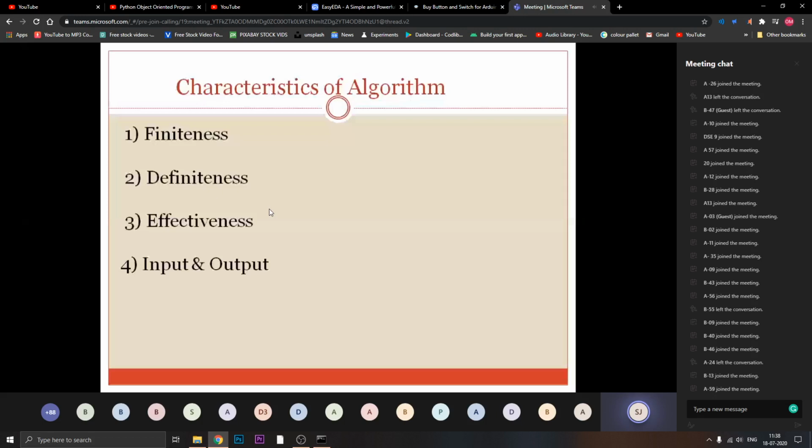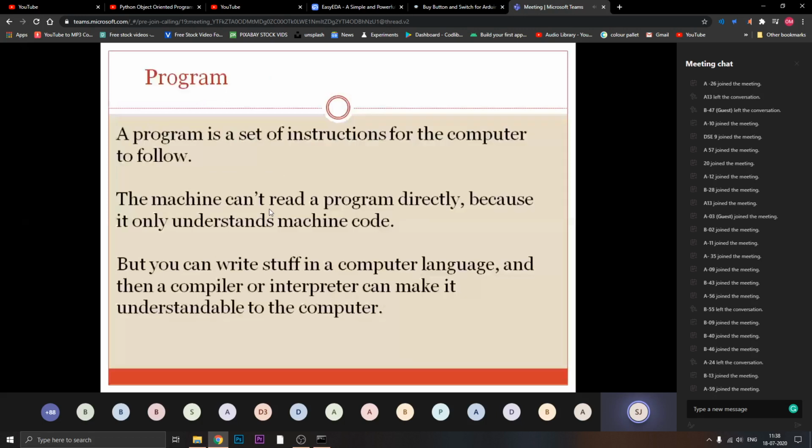Okay, next we discussed what is the program. That is the set of instructions for a computer that should be followed. Your machine, as we know, cannot read directly, it has to be in the language which is understood by the system, and we know the system accepts machine code only, and we are writing our program in simple English language.